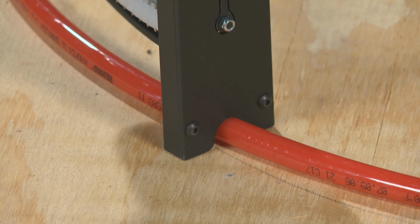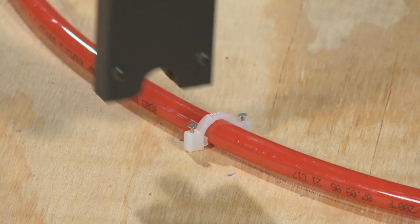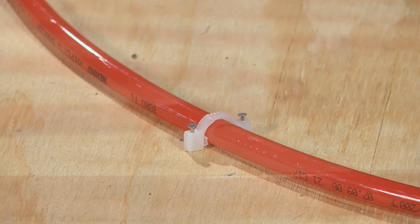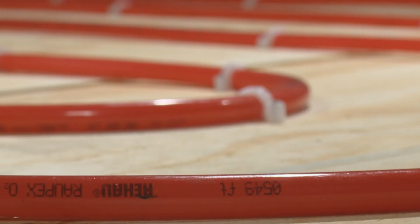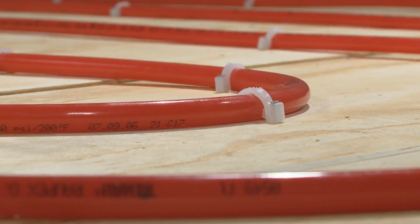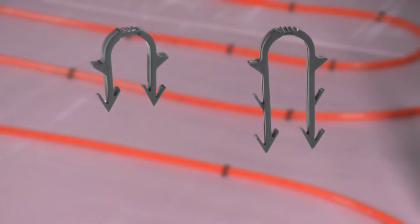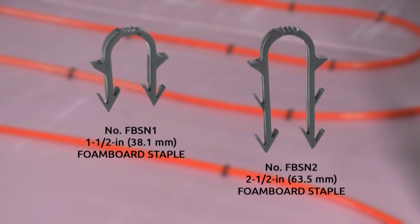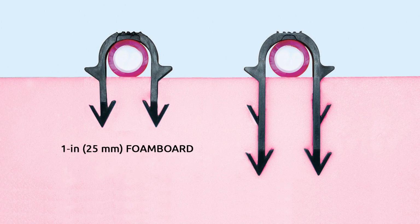The stapler head is held flush to the floor to hold PEX in place and ensure secure connections. And the staple's low profile requires less thin-set concrete to cover over the PEX layout. The dual-purpose Malco PEX stapler also accepts both 1.5-inch and 2.5-inch Malco foam board staples for fastening PEX to 1-inch